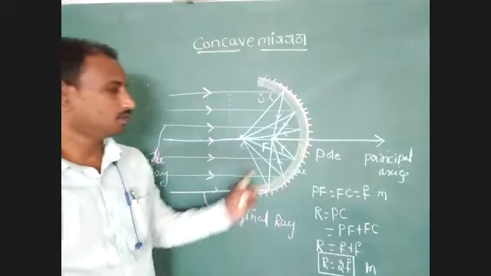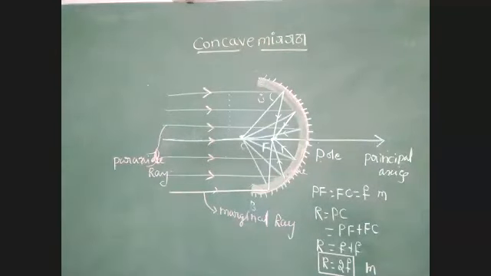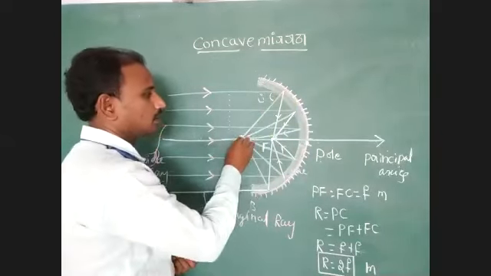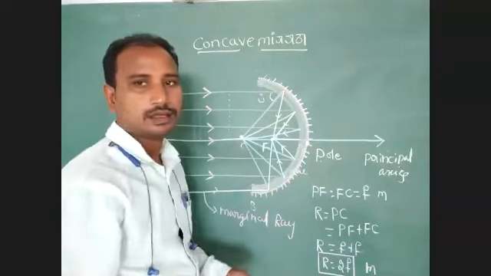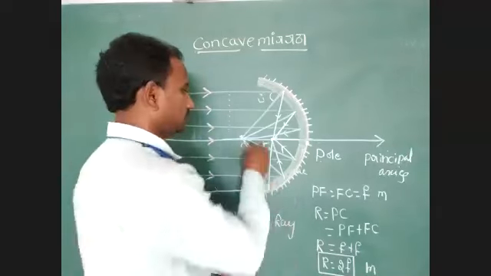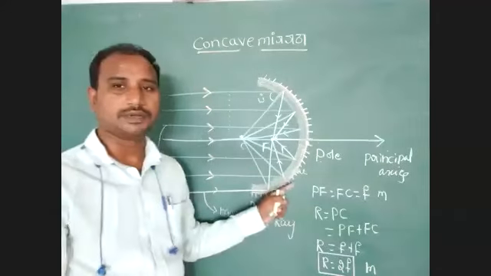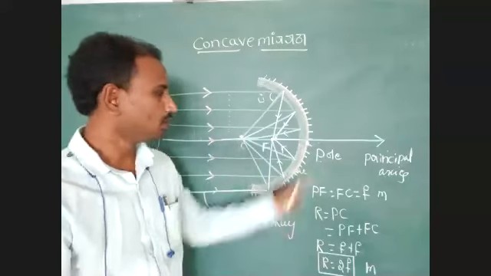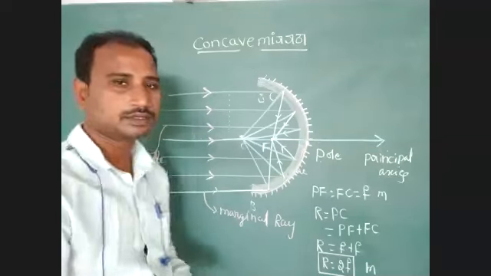Draw the diagram. After that, we have to note down this information first. Here, one important point: the normal is always perpendicular to the reflecting surface. At every observation point, we consider the normal always perpendicular to the reflecting surface, and it passes through the center of curvature. All normals pass through the center of curvature. Okay, students, note down.